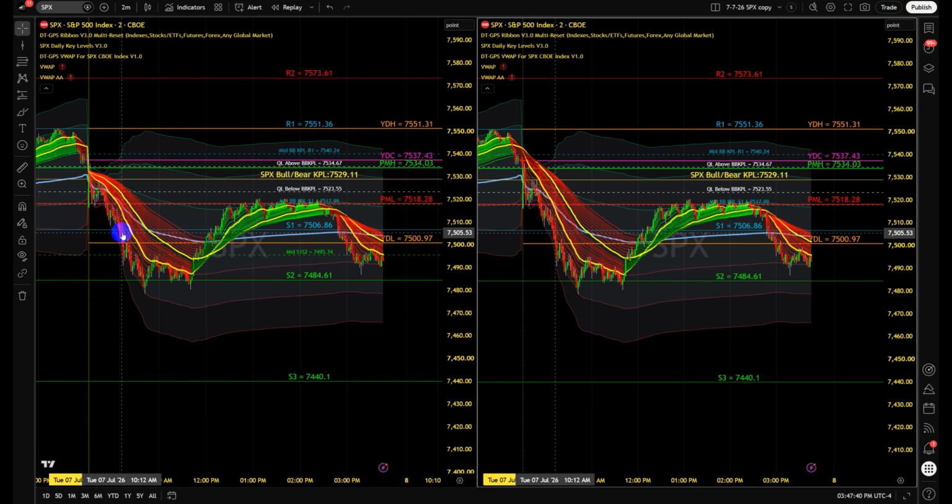Okay, so as you can see here, we did get a move down, slicing through the PML, going to S1,